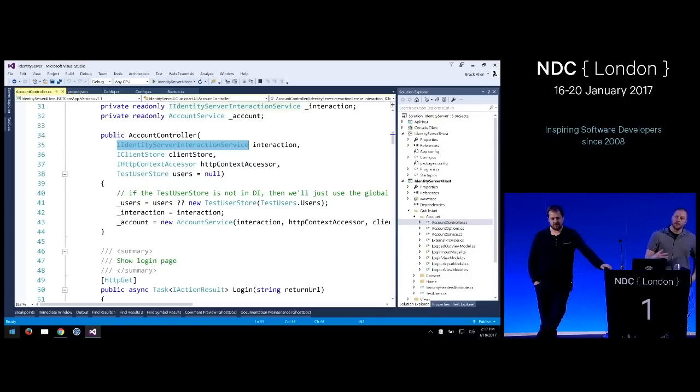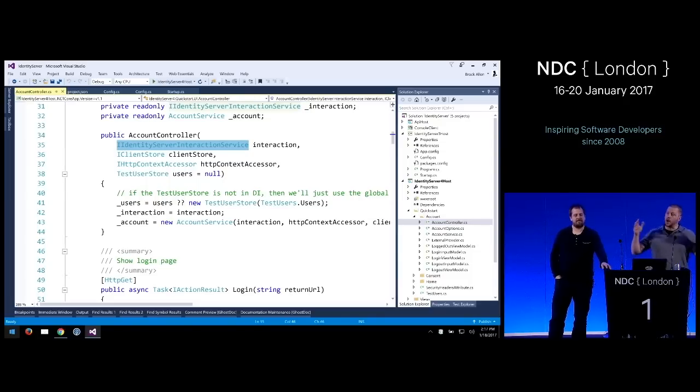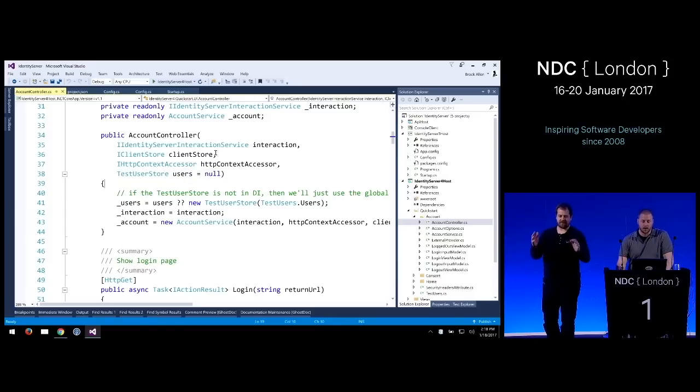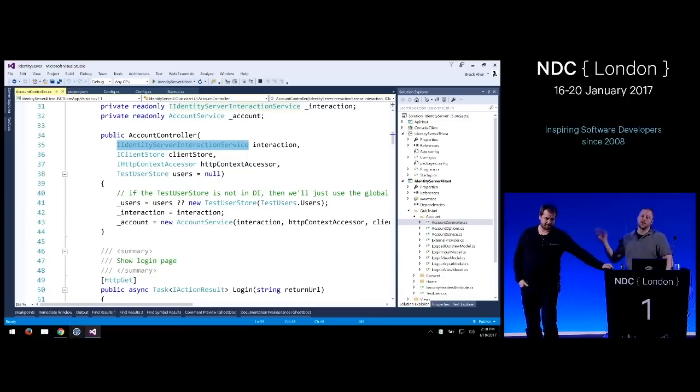As part of the login process, you might want to know the context of the sign-in. Which client application was the user coming from? Whether or not you should be prompting them, or other requirements at login, like maybe a tenant was passed, or a certain expiration on the login was passed along. Or a UI locale hint, like you have to show the login page in German or English or whatever. Yeah, all these things are made available to you via this service that you can query. So this is how you talk to IdentityServer from your login code.